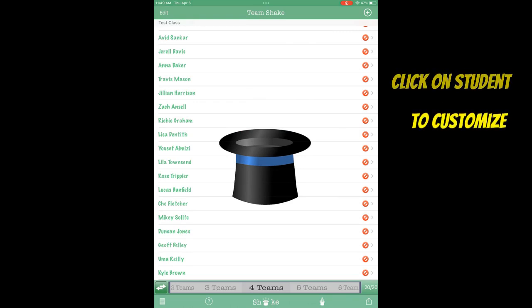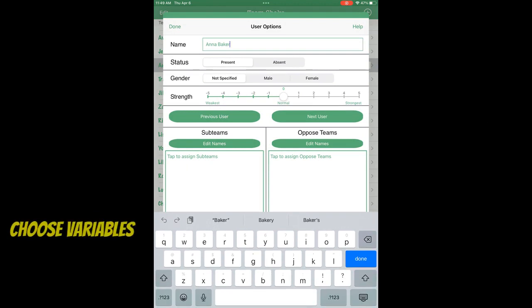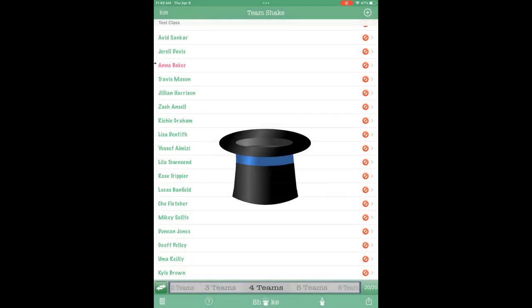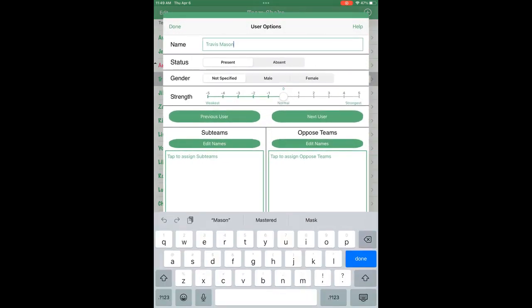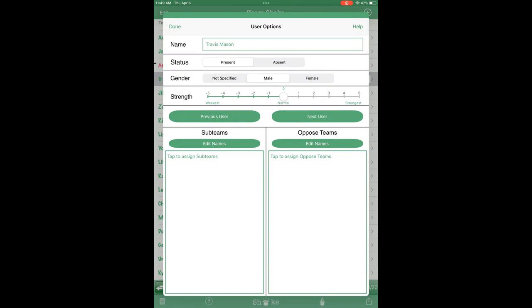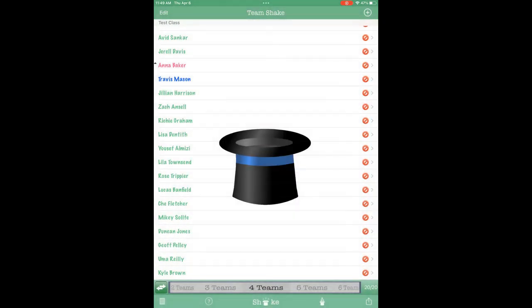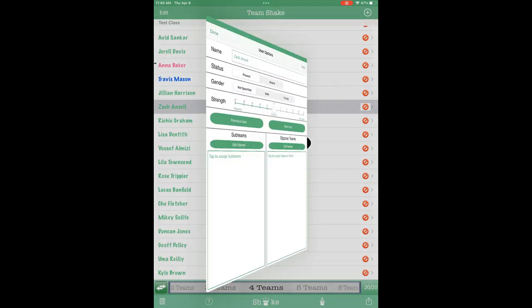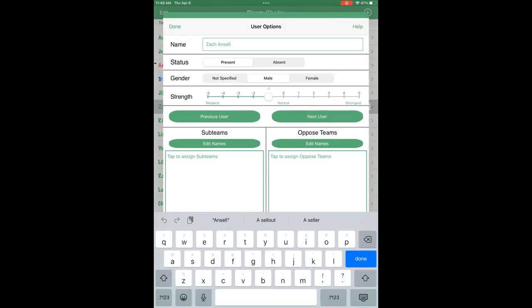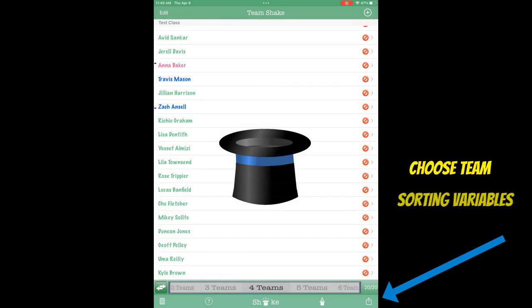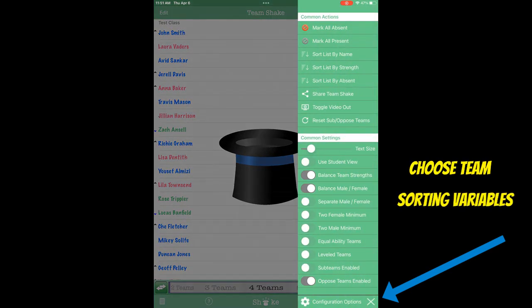And so if I click on Anna here, it will open up another window, and I can choose to differentiate male, female, or just not specify at all. And I can also indicate a strength level of that student as well. And I can go down to my next person. Maybe I'll take Travis, male, and I'll leave him at sort of right in the middle range there. And then I can work my way down until I've done this with everyone in my class. Now, you don't need to use any of these variables if you don't want,